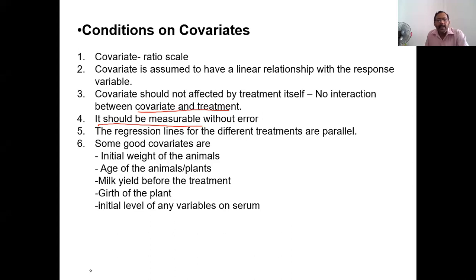Next one, the regression lines for the different treatments are parallel. That we will talk about later. What do you mean by that? The responses are parallel for each treatment, that we will see tomorrow. And some good covariates in the experiments